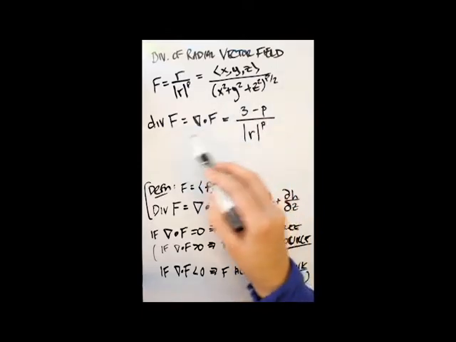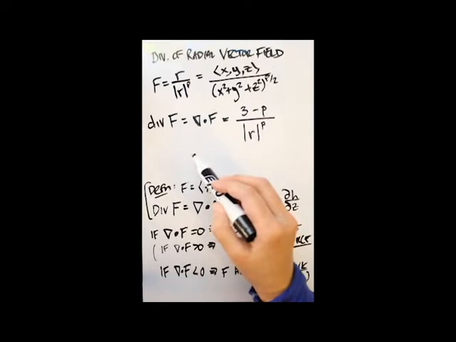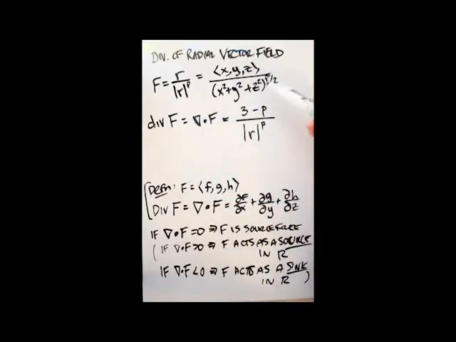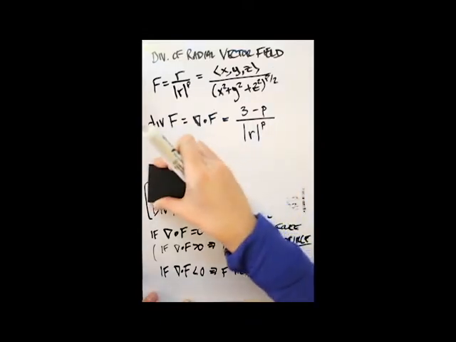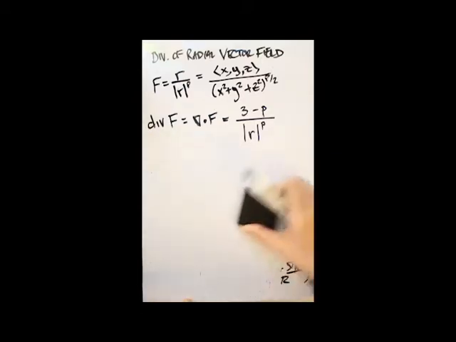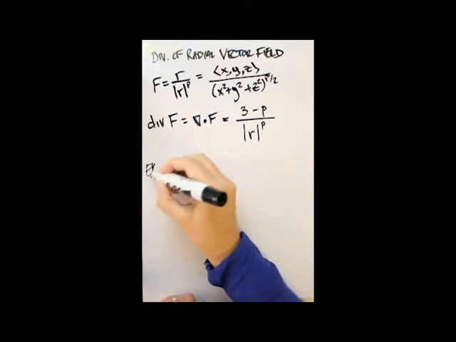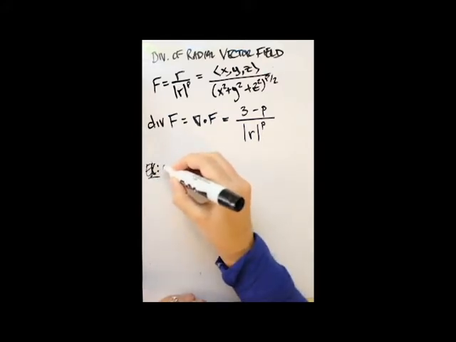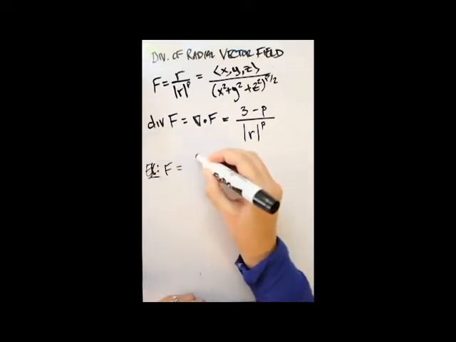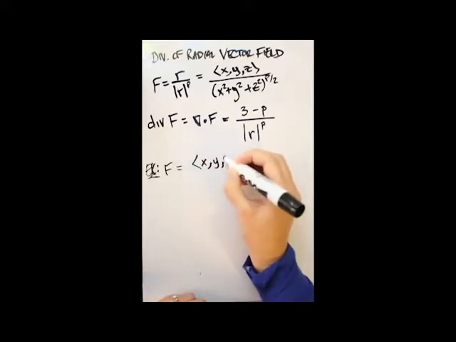You don't technically have to memorize this formula, but you can work it out based on the previous definition. This is definitely a time saver if your vector field is a radial vector field. Let's consider an example and evaluate the divergence. Our example uses the vector field x, y, z